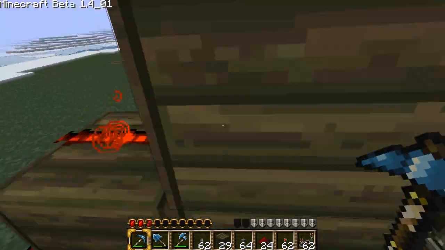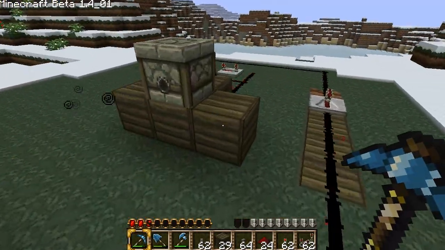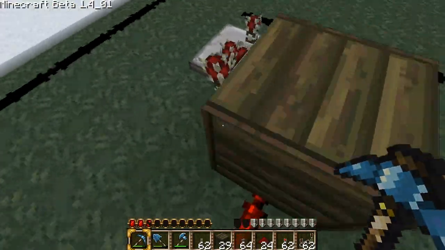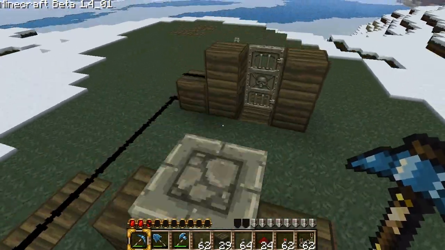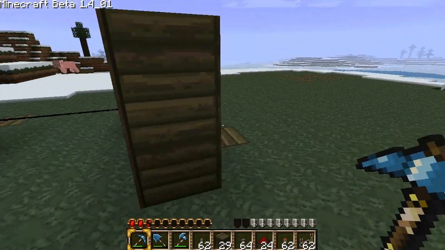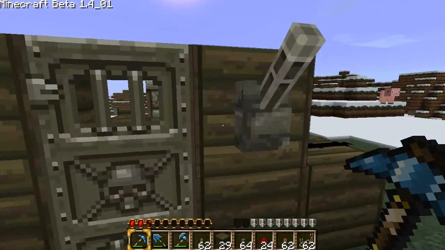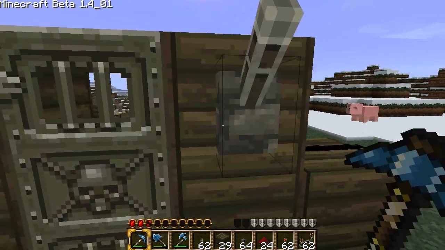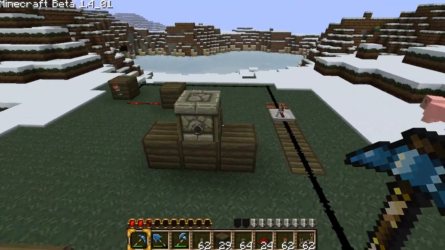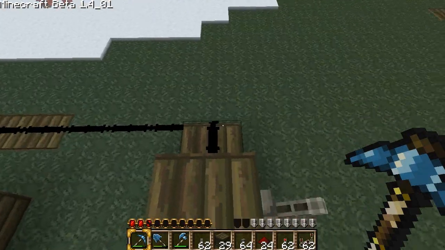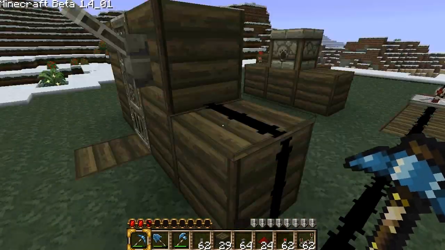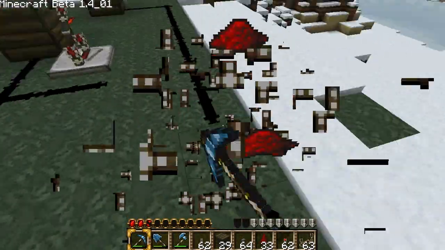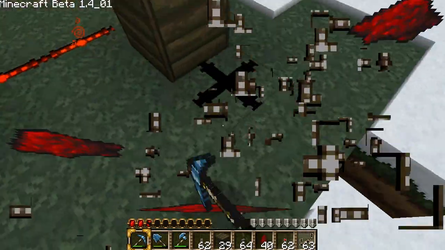And I'm now getting shot at. That's because the power is coming in here and turning this inverter off, which is turning this on. Now, this again is quite a stupid trap, because it needs to be done effectively to actually get some deaths out of it. A trap that I have implemented on my private server is by luring people into